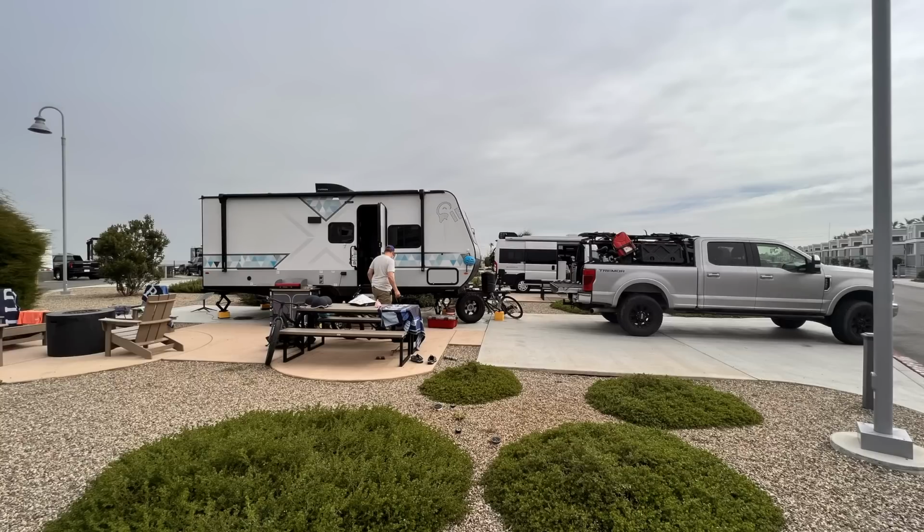So we headed to San Diego, and we headed to probably the bougiest RV park we've ever been to. Can we even call this place a park? This RV place is so nice. Obviously expensive, but we stayed at the Sun Outdoors in San Diego. I think this is the first time where I feel like the word resort has been used appropriately for where we were staying. Well, just on a comparison, so where we're staying now in San Francisco,